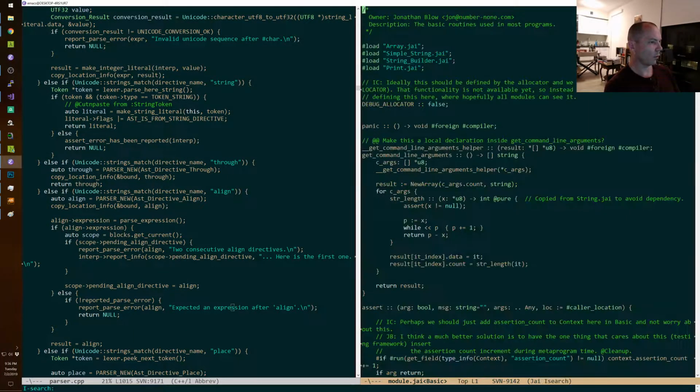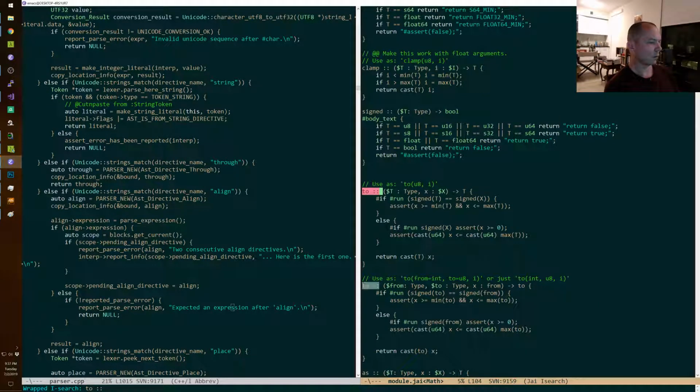Wherever that is. Here. See, this is just asserting that this is between the min and the max of a given type.